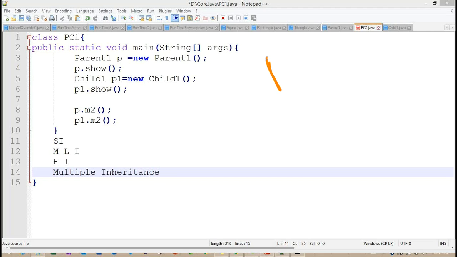Here we are having parent 1, and here we are having parent 2, and we are having the child class. Now what I am trying to do here is copy parent 1 functionality and parent 2 functionality into the child class here. Getting the point. Parent 1 functionality and parent 2 functionality into the child class.